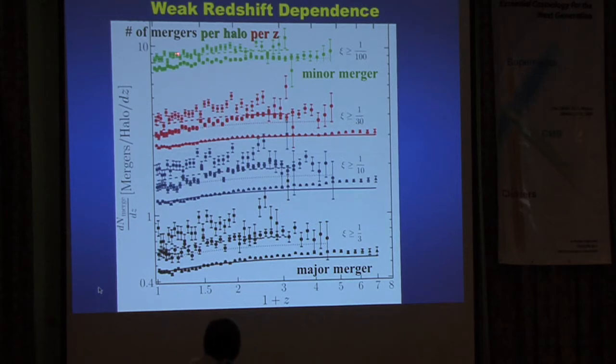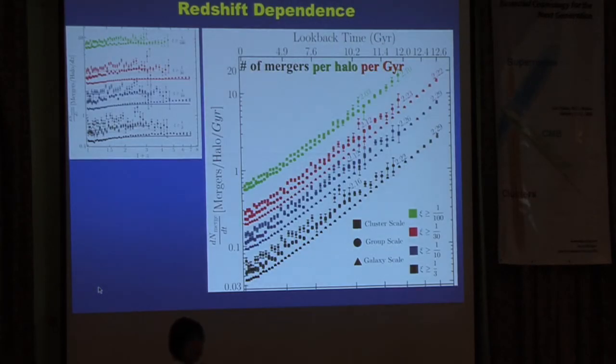Now, often people like to calculate the merger rate per gigayear. Since per redshift, at lower redshift, contains a much larger delta t, when we divide by delta t instead of delta z, then per gigayear, of course, the merger rates are rising with redshift. Here's the lookback time, and here's the redshift on the same axis as here. So the merger rates per halo per gigayear do rise at earlier redshift.